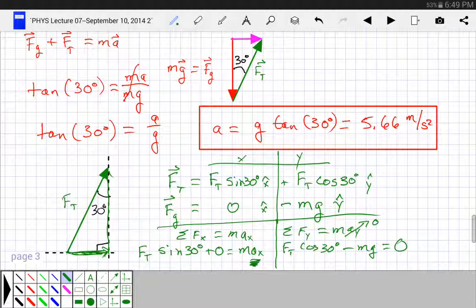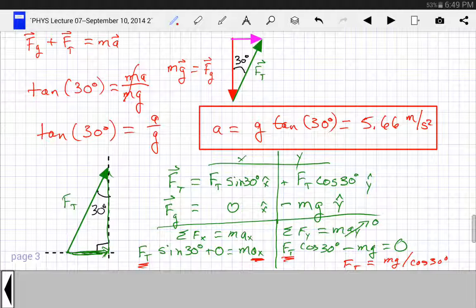Actually, let me change the color on that. One of the unknowns is the acceleration in the x direction. The other unknown is the force of tension. So since this one has acceleration in the x direction, I would take this equation and solve it for the force of tension. That is, force of tension is equal to mg over cosine of 30 degrees. Then I put that force of tension in for this force of tension, and so that's going to give me an equation that I don't want to start a new page just to finish, so I'm going to write up here. That would give me,